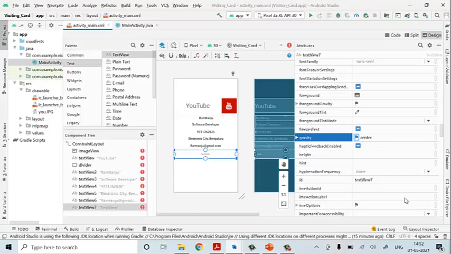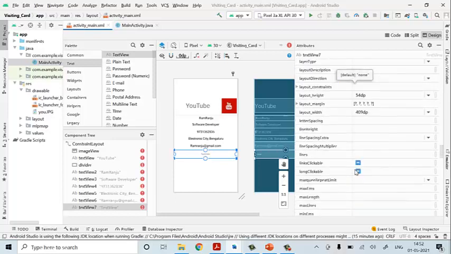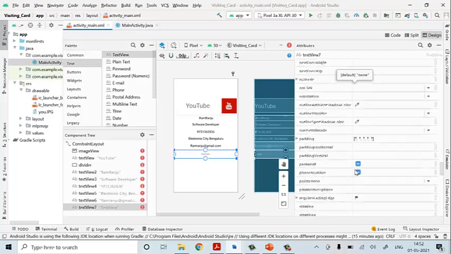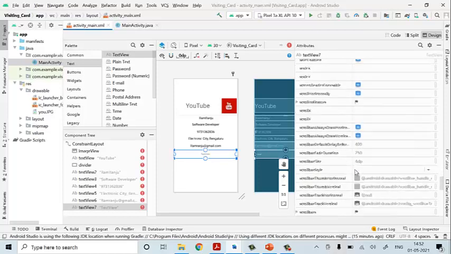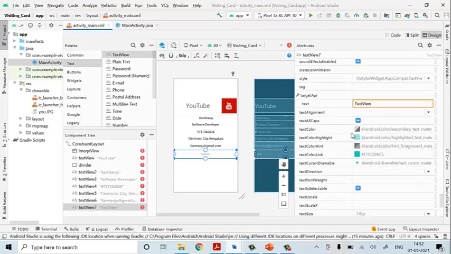Apply, and you need to write your text data. Go for text. You need to write your fax number, so you'll write fax colon some number. You can give your fax number.